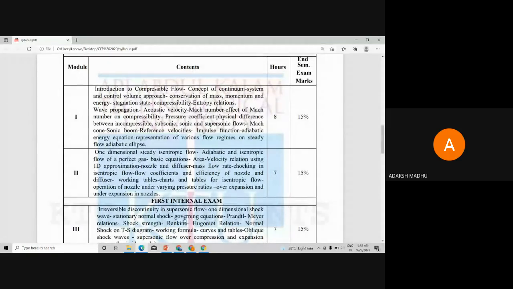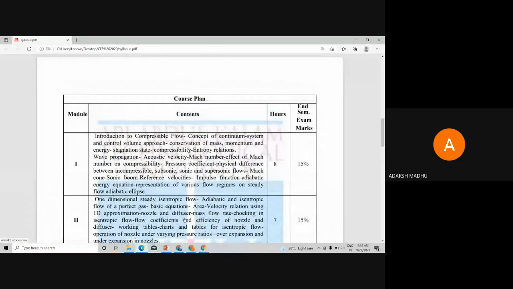I think we can complete the whole sections if you cooperate with doing the problems with your data book as a hard copy. You can download a soft copy from the internet, but don't do that. So please buy a data book today itself: gas tables of S. M. Yahya, Compressible Fluid Flow.